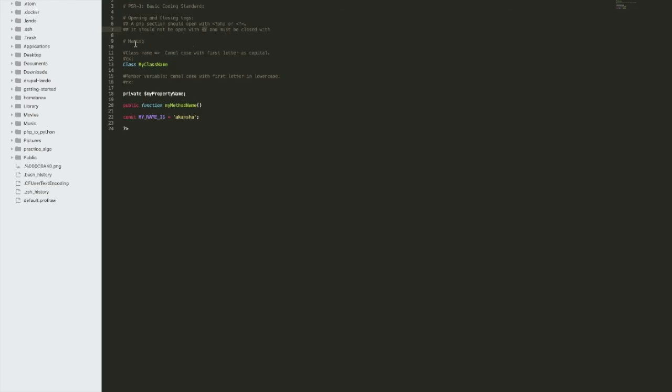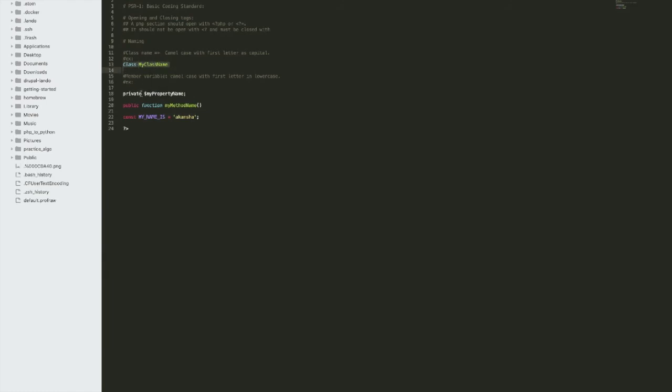Another one is naming. The naming convention for classes, member variables, functions, and constants is all listed under this point. A class name should be in camel case, and the first character must be capital. This is an example of how a class name should be.